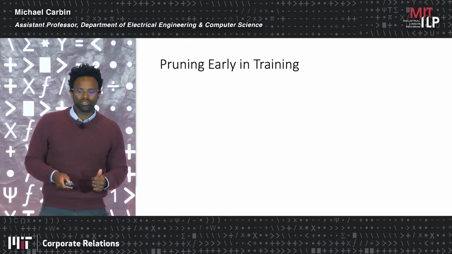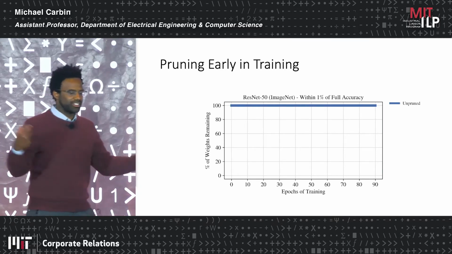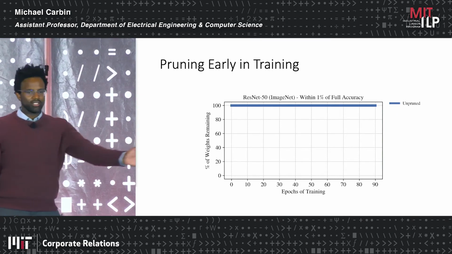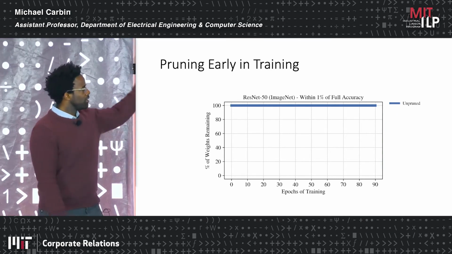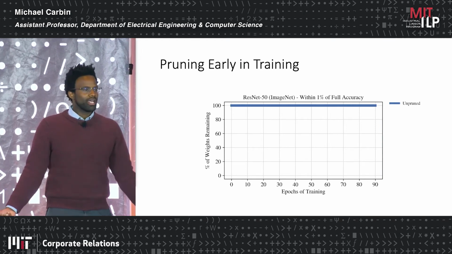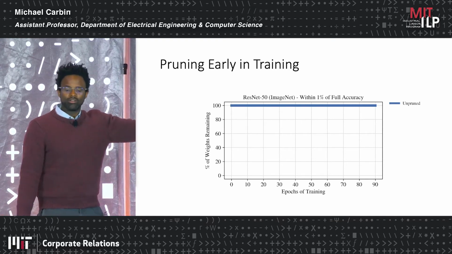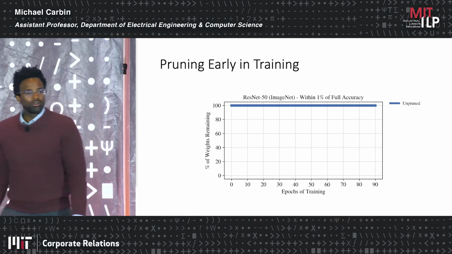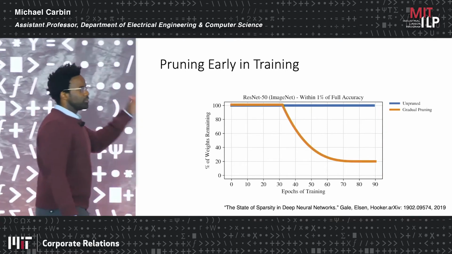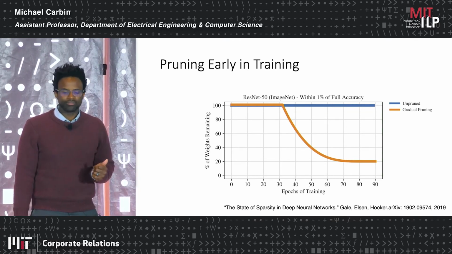And just as an example to close out where we are, we can conceptually think about standard training of our neural network as approximately like this. Again, the x-axis is epochs of training, alternatively iterations, and the y-axis is the number of weights remaining in our network at that point in training. Standard training means we keep the entire network around throughout the entire course of training. There are a variety of different techniques now out in the literature for gradual pruning, where you start out with your full network, and then you gradually reduce its size down to the end.